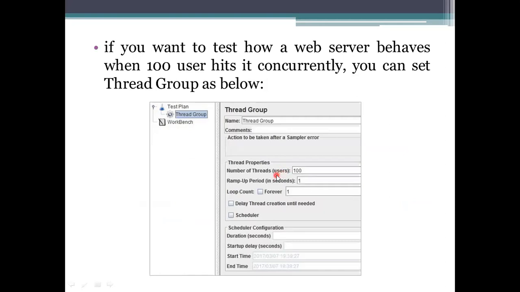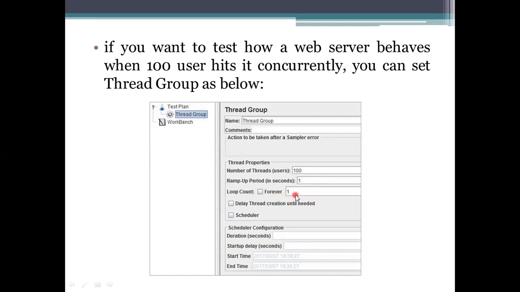As I said, three properties will be there: the number of threads, and then the ramp-up period, which means within what time I can connect to that server, for example within 1 second only.